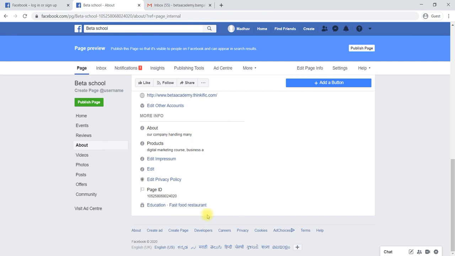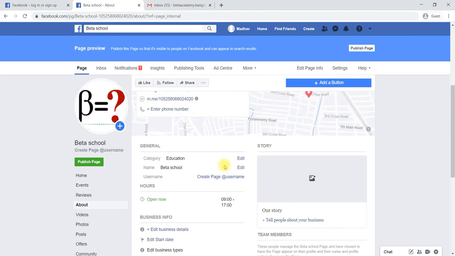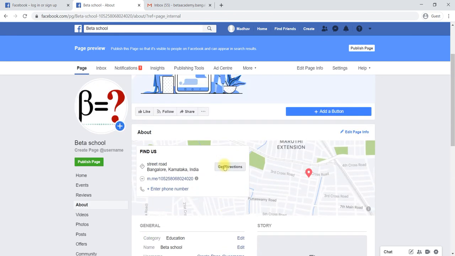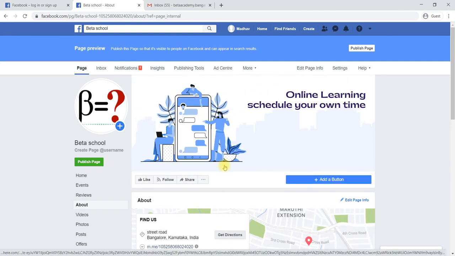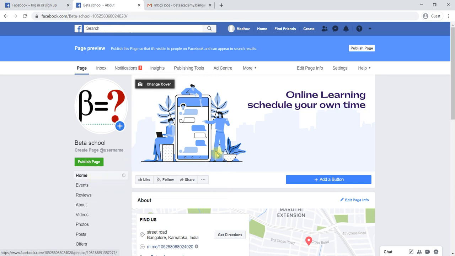It will give your page a better appearance, in the sense that whenever someone visits your page, you will be able to give all the information about your page to your page visitor. This is about how to add your basic info. We have learned adding page information by using settings. We'll do much more optimization in the next video.